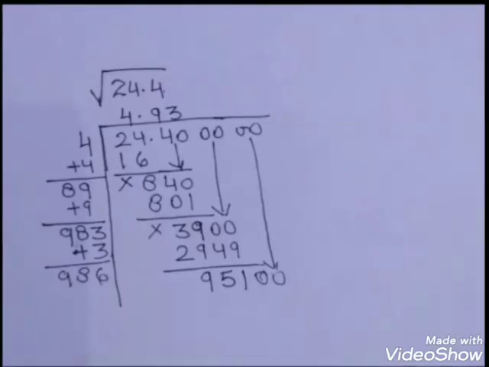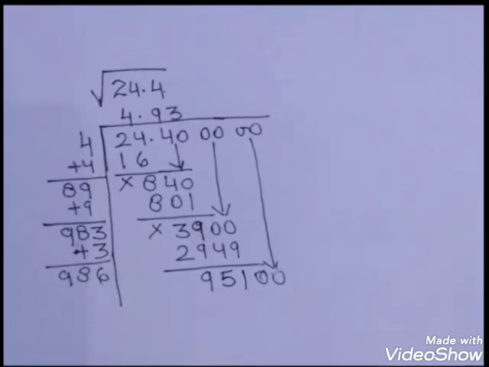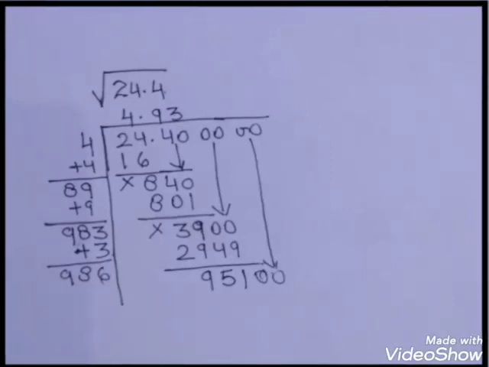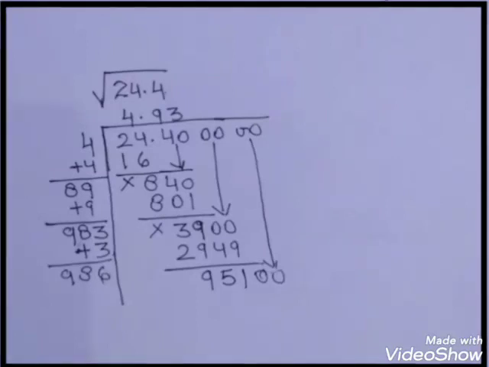Again I put 2 zeros, being a pair, so I put it down, 3900. Again I have added, that is 89, that comes to 98. Now 983 into 3 we get 2949. When we deduct 2949 from 3900, you get 951. Now children, I put 3, but the reason why I have written in the answer 4.94 is because I have rounded off. So this is how you can find the square root of whatever given number. You get it, and you are able to find out the standard deviation.